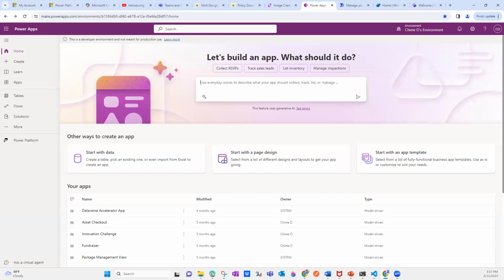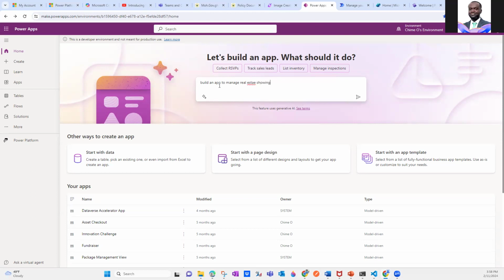Okay. So this is also now where Copilot AI can just generate a table. You can prompt it for what you want it to do. It will start creating a table with columns and forms and things like that. So for example, I'll say, okay, I want to build an app. I want to manage my real estate business, right? So I'll go in and say, can you build an app, using conversational language, to manage real estate?